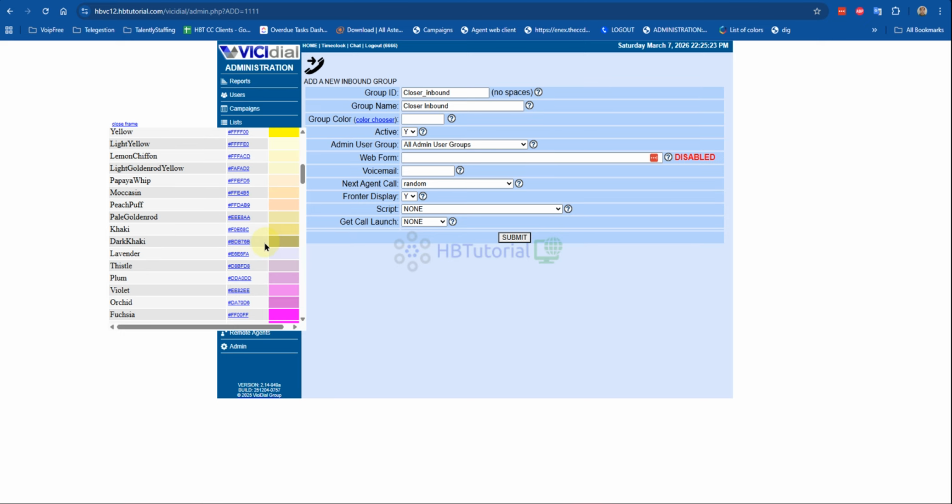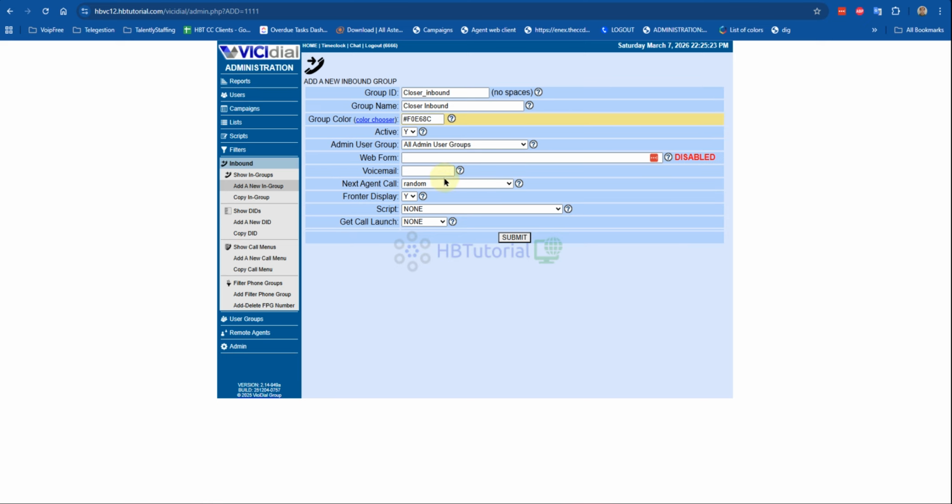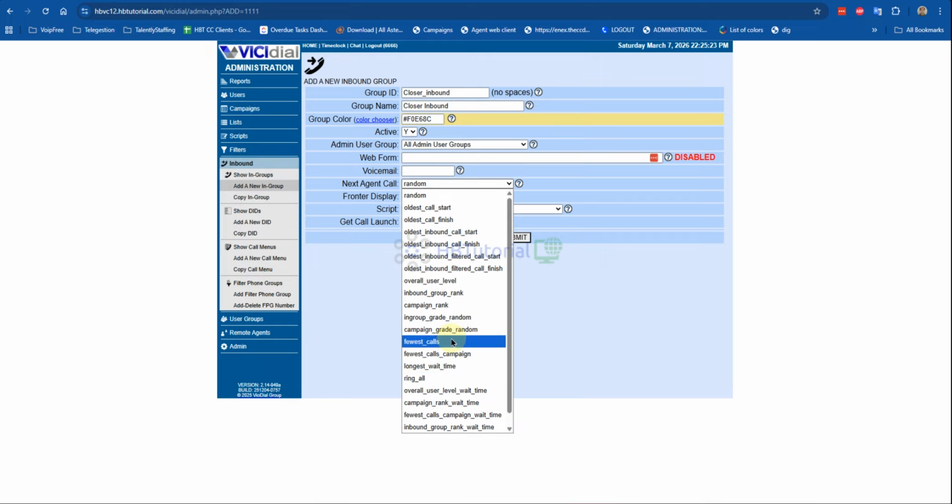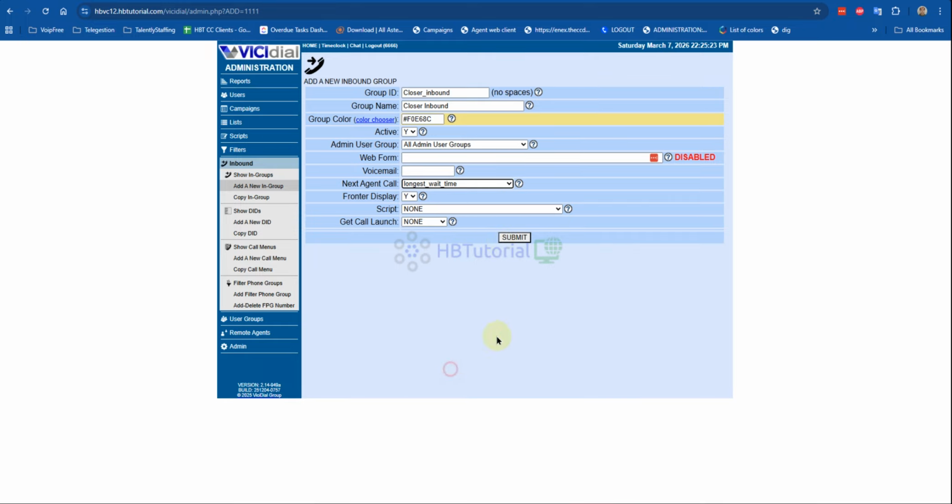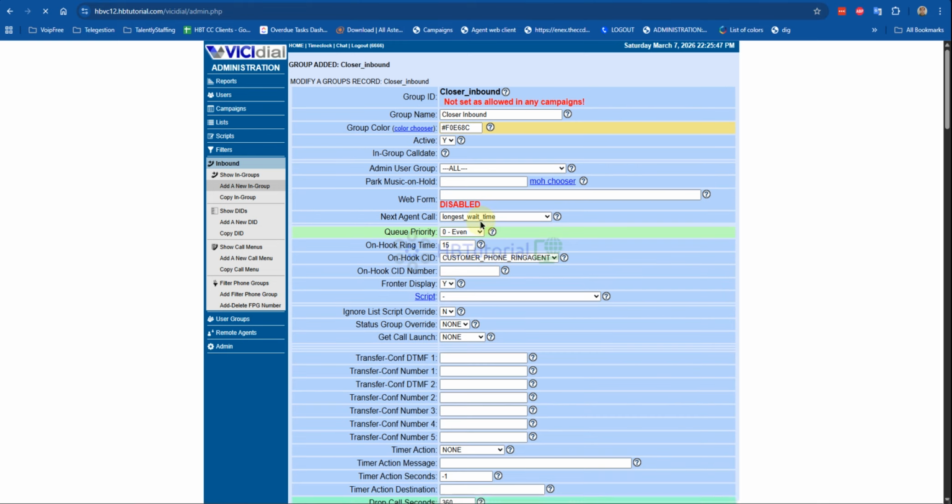You can change the color. So as you can see, it is not assigned to the campaign.